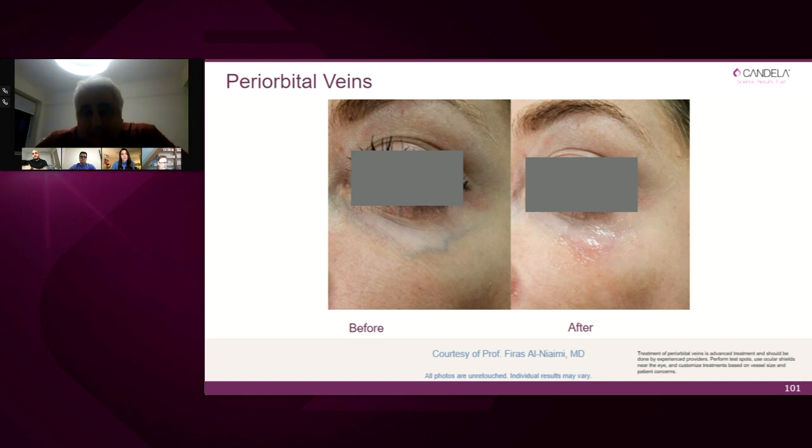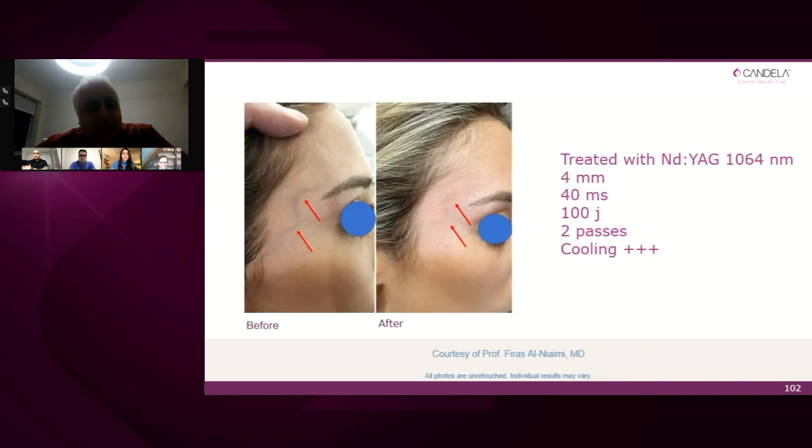But I have to emphasize, in this case, it is absolutely mandatory that you protect the eyes with ocular shields. You pull the skin down, you use a small spot size of an Nd:YAG. I like to place the vein between two fingers of mine, so I trap the blood flow and then just start with low fluences, just hit in the middle between my two fingers, just looking for that subtle change, and it works well. This is a case on the temple.